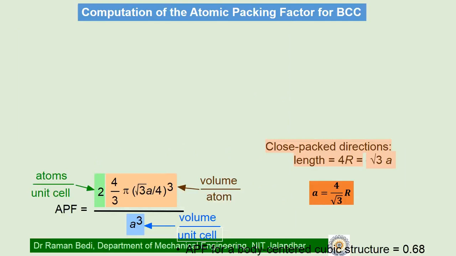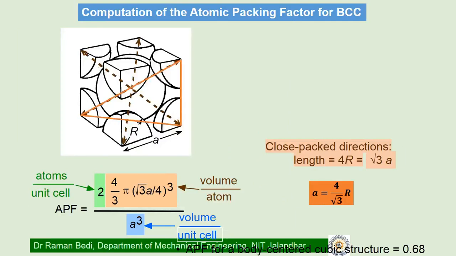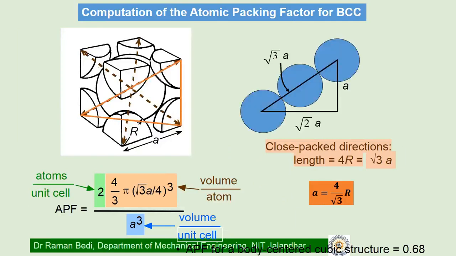Let's move forward to our next discussion, the BCC system. The same calculation can be done for a BCC system. I am again interested in the relationship between the lattice constant a, or the edge length of the cube, and the radius of the atoms of which the unit cell is made. This R value will be different if it is an iron unit cell or a copper unit cell, or whatever the material is; the radius of the atom will be different.